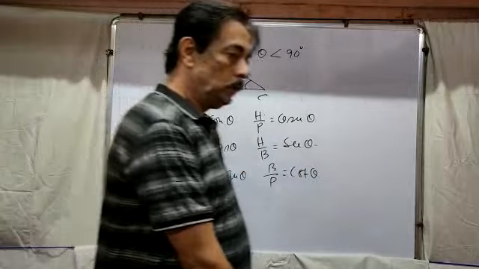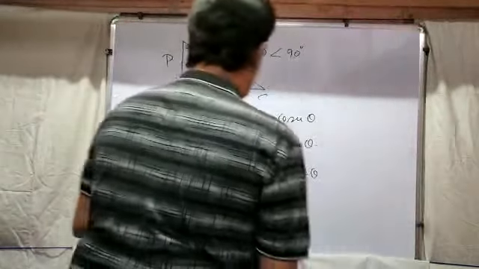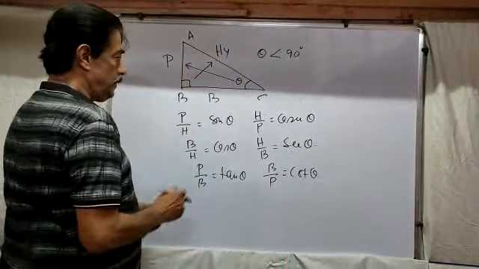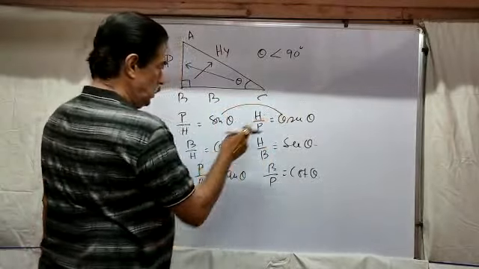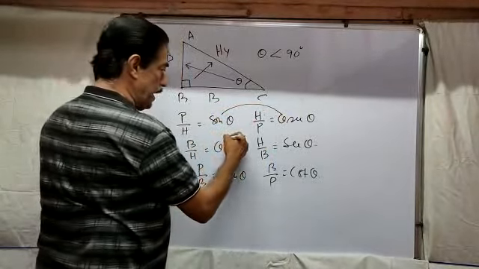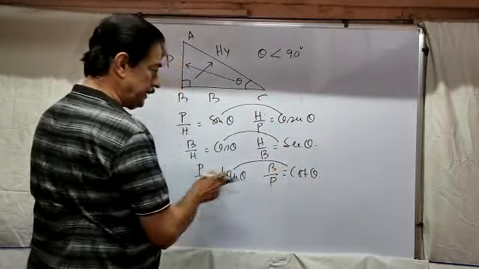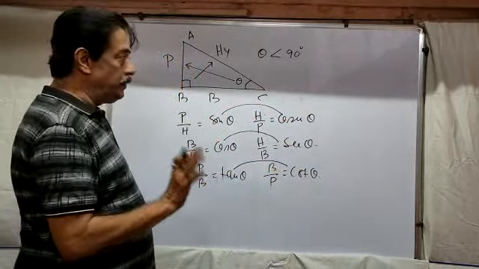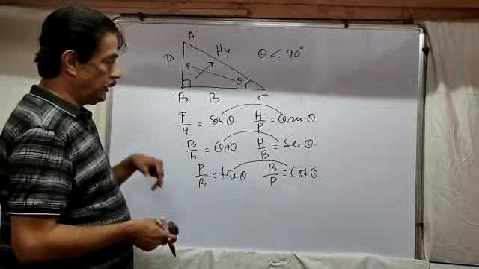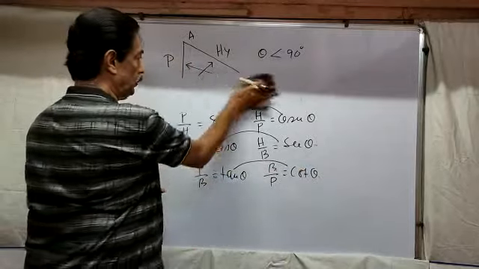Now we have to move to section 2. If I multiply these two, we get the result 1. If I multiply these two, we get the result 1. If I multiply these two, we get the result 1. And that is called the elimination formula. Now our next part is the elimination formula.